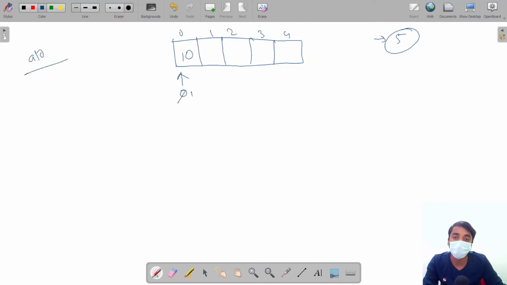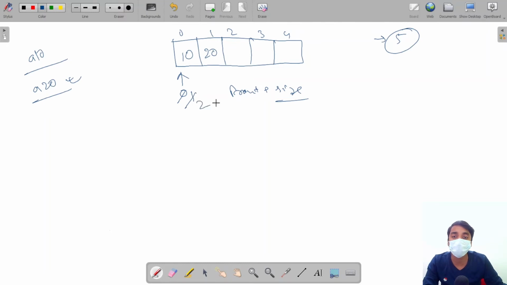The size is 1. This means our rear is front plus size. Now if we add 20, the rear is front plus size. The size is 1, the front is 0. This means we need to save this value here.